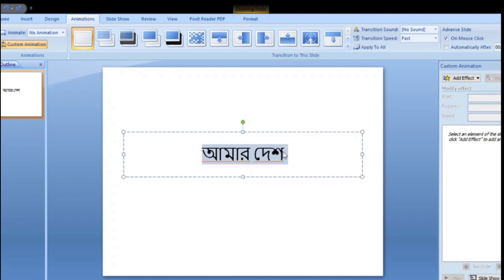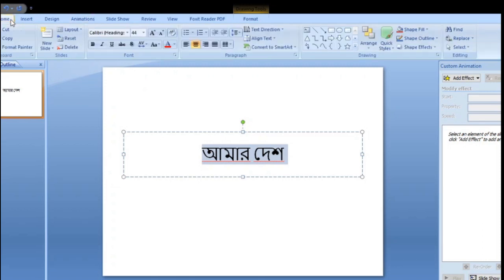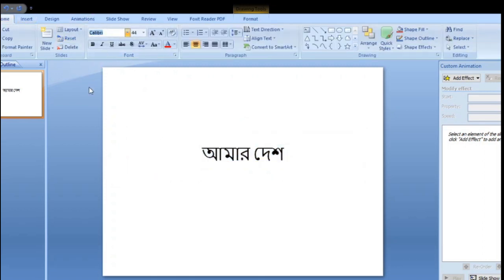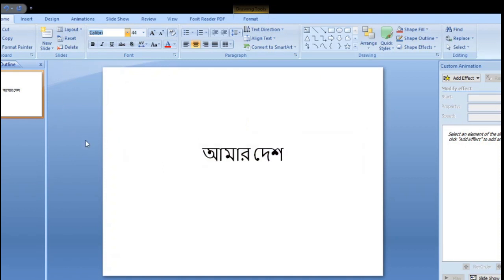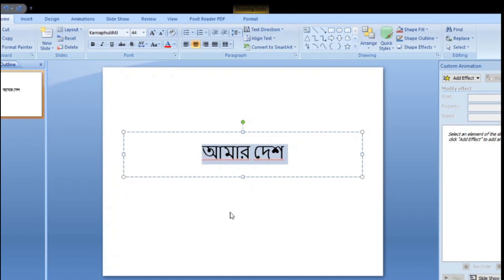Selecting the text font from the home menu, it is Sutoni MJ. Choose from the lots of fonts available here, and I shall always select Sutoni MJ. And for the font size, select the font size 150.